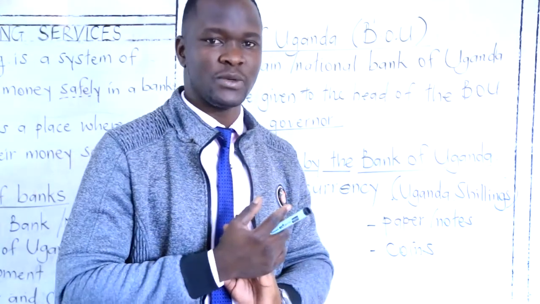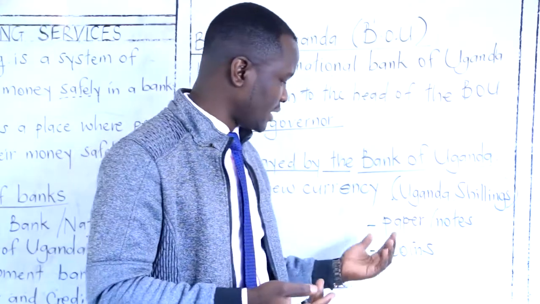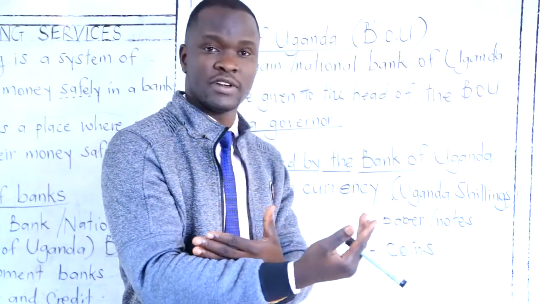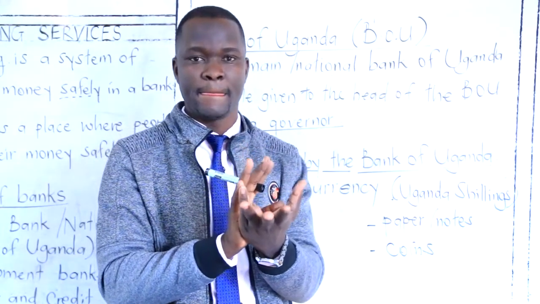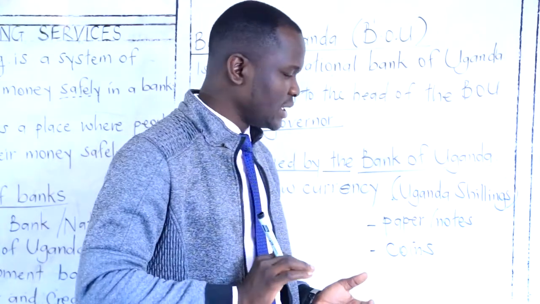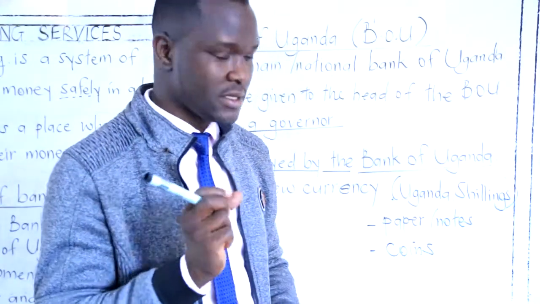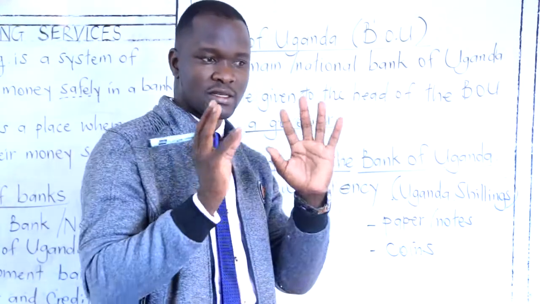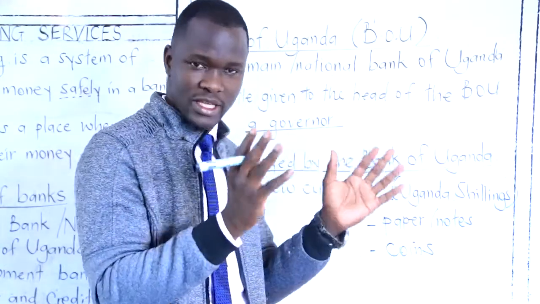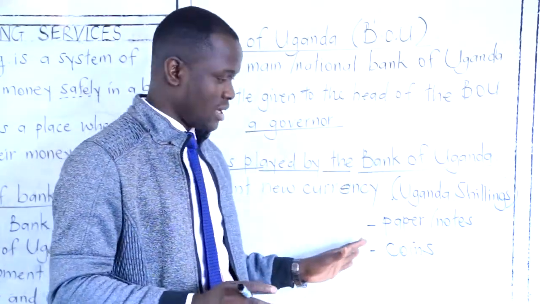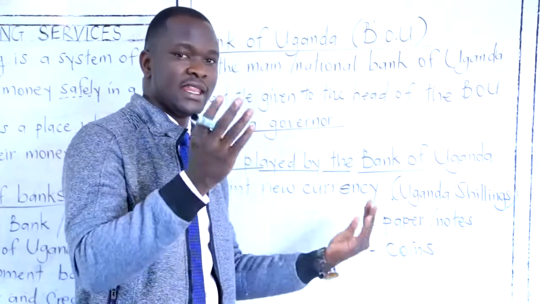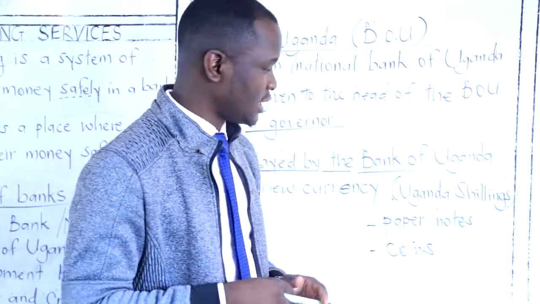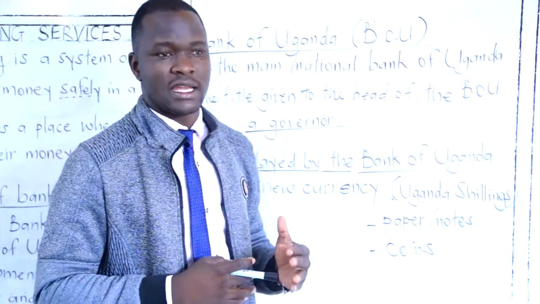The tail is that part which has got the crescent, the coat of arms. So you'll find that one side has the crescent and the coat of arms, and the other side has a feature. For example, if you looked at a 200 shilling coin, you will find that one side has the coat of arms, that is the crested crane and the comb, with the shield in the middle. Then on the other side, you will see a fish, that is for the 200 shilling coin. That coat of arms is standing as the national